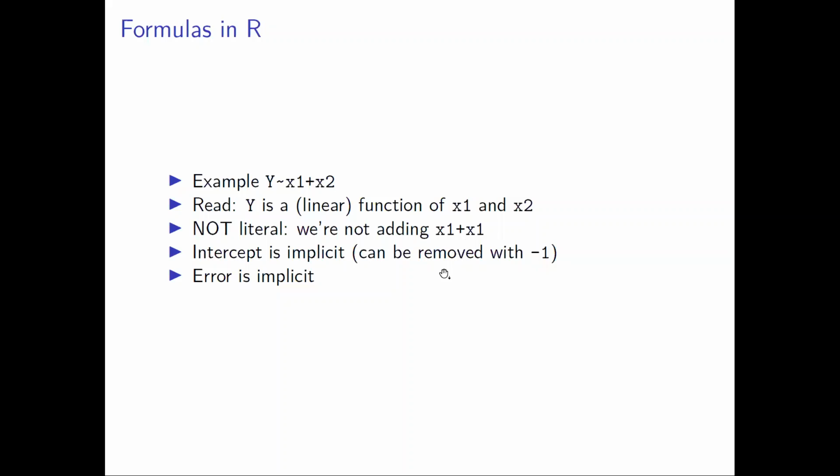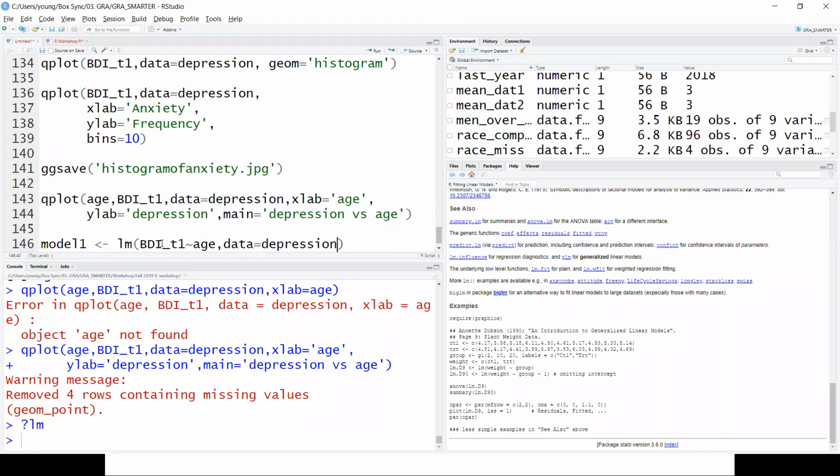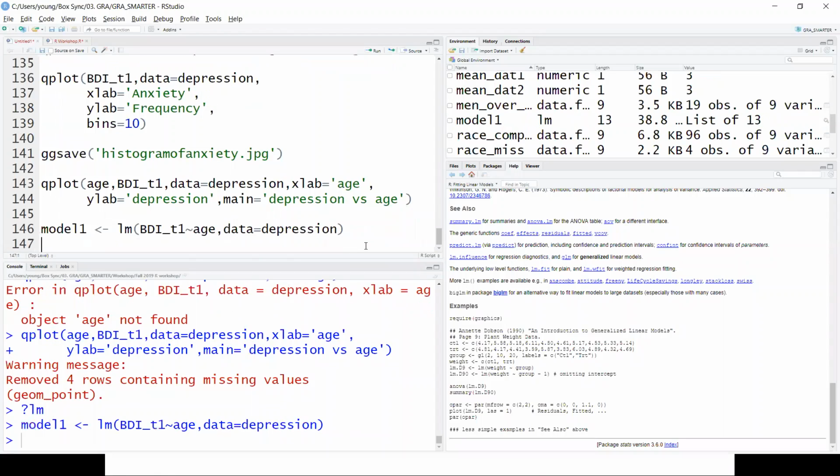And also there's an intercept in the model. It automatically gives you an intercept. And also there's error too. There's regression errors, which are also part of the model. Y isn't literally equal to x1 plus x2, but Y is modeled as a function of x1 and x2. So here, BDI is modeled as a function of age, and there's an intercept. I'll run the model. You just print out the model, and